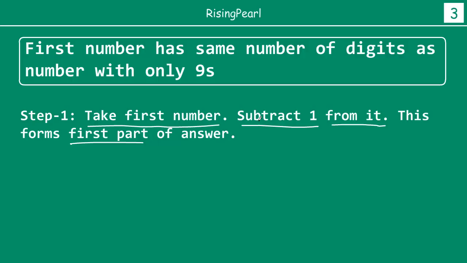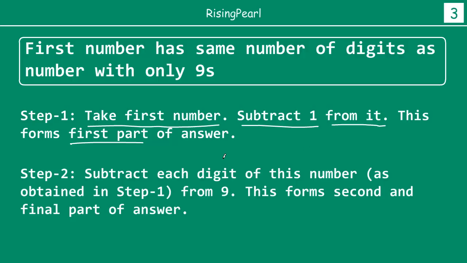So all we did, we took the first number and we subtracted 1 from it. And this forms the first part of the answer. So the answer has two parts. So what is the second part? Let's find that out. Now, step 2 is subtract each digit of this number that we obtained in step 1,